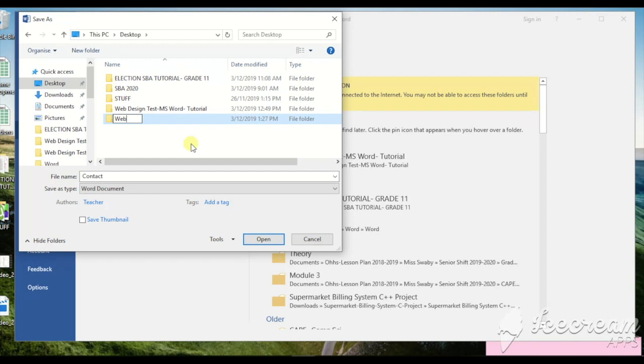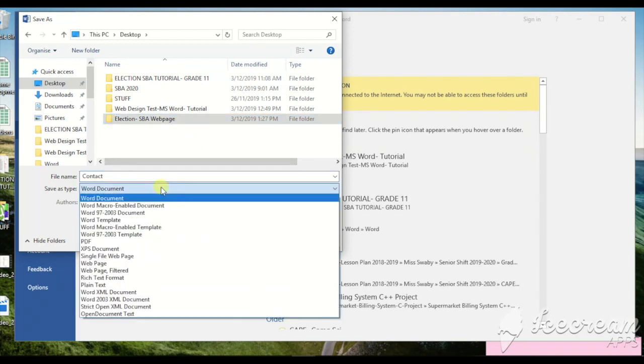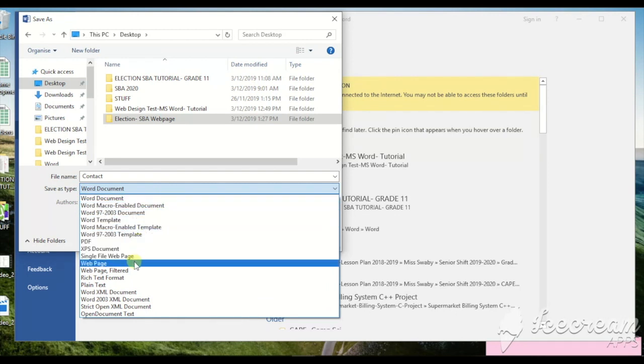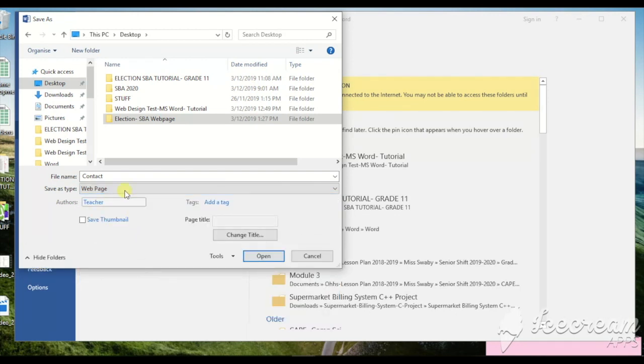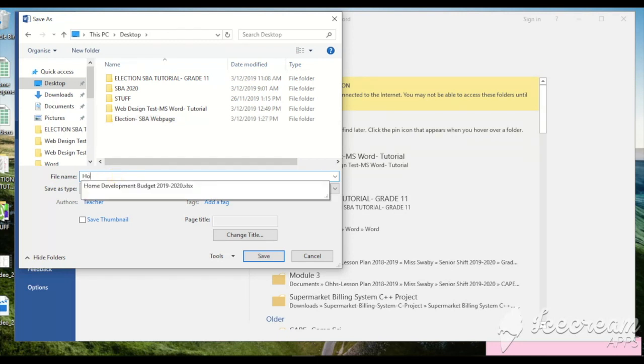And after doing that, ensure that you click save as type. You're going to save it as web page. So just look. All right, so I have my name, and then I'm going to scroll down and I see web page. You click on web page. Then you're going to add an extension to the name. So you see here I'm calling my page homepage.htm,